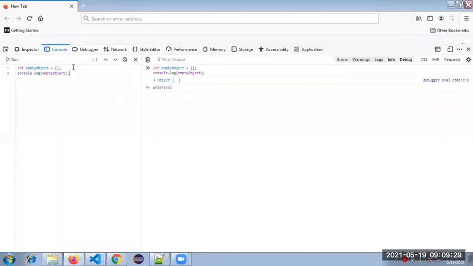I initialized one empty object and I'm showing you with console.log how it is stored in the memory area. Let me know if anyone has any doubts in this. This is an empty object in the memory.